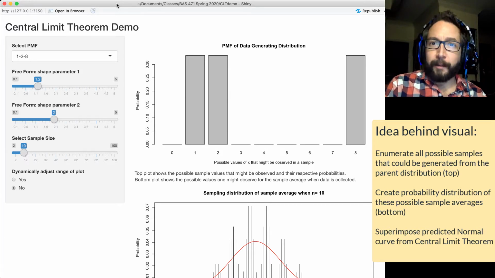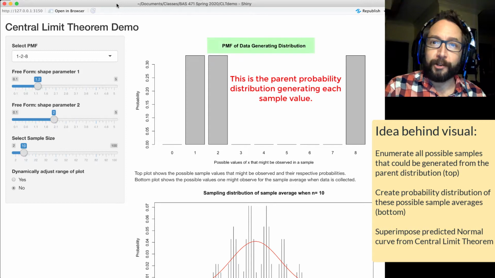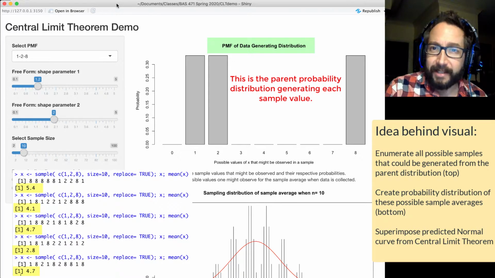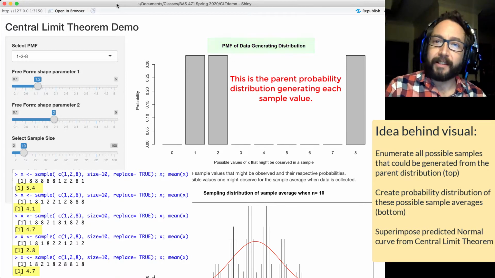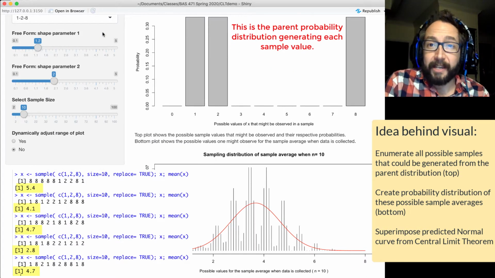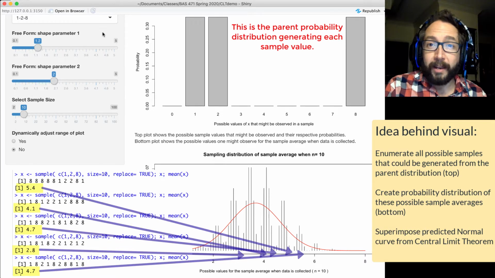So take, for example, the following probability distribution that's going to be responsible for generating the data values that we're going to collect. There's three possible values, x of 1, 2, and 8. They all appear with equal frequency. What possible values for the sample average might I observe as I consider samples of, say, size 10, size 25, etc.? If I scroll down just a little bit, I have the sampling distribution for when I'm dealing with samples